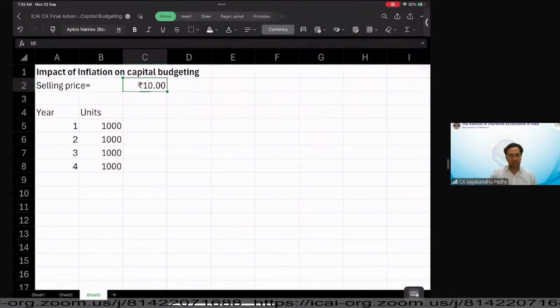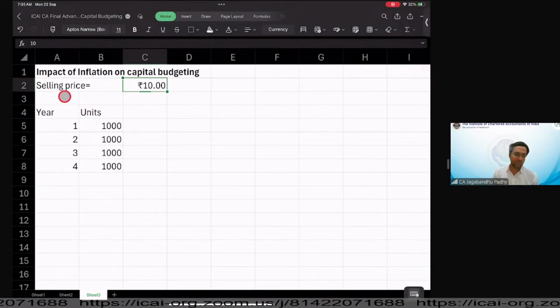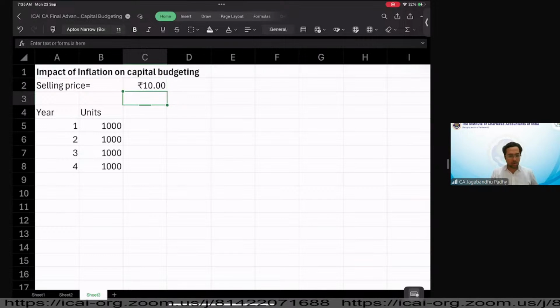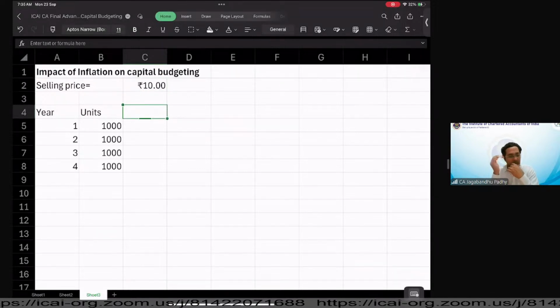Selling price is, let's say, 10 rupees per unit. Now, of course, this price needs to be defined: at what level are we really talking about this price? Are we talking about this price at current level, or for any of the future years? Of course, when we are looking at the selling price, this is the price at our current level. So, if I'm looking at the likely cash inflow in future,